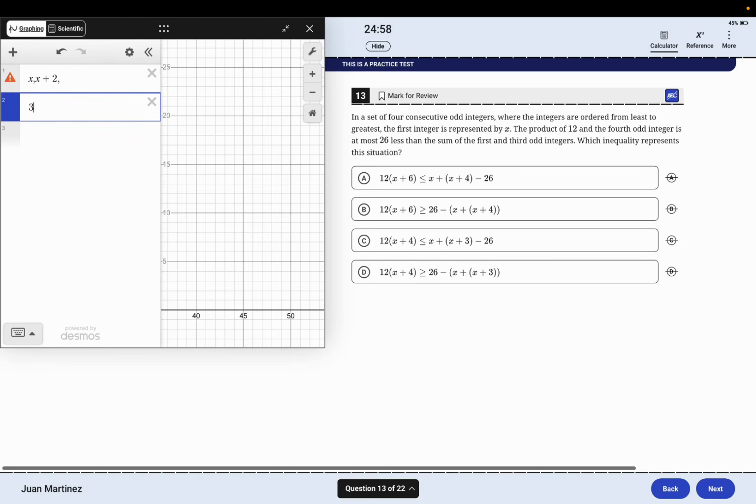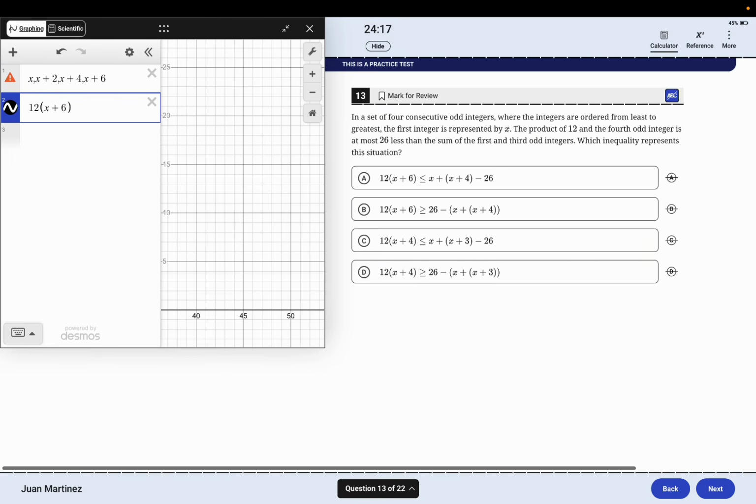So if 3 is our x, to get to 7, you have to do plus 4, right? Hopefully you see a pattern. And so for our fourth integer, it's going to be x plus 6. Okay, so this is how it's going to look. It's just skipping over the even integers and giving us the odd integers. Okay? And now we're saying the product, so 12 times, or it looks like they're doing it like this, right? 12 times the fourth odd integer, which is this,